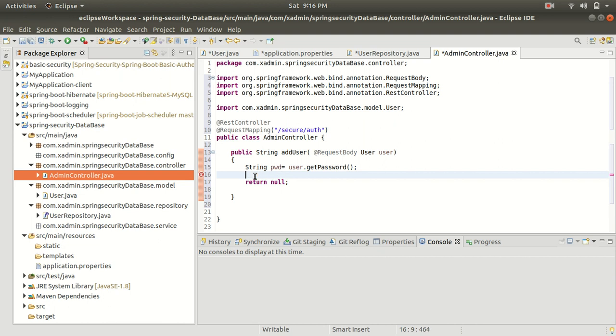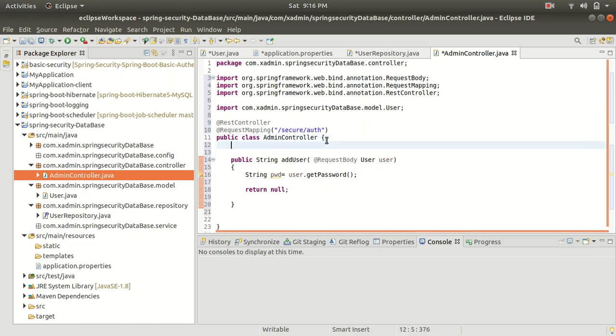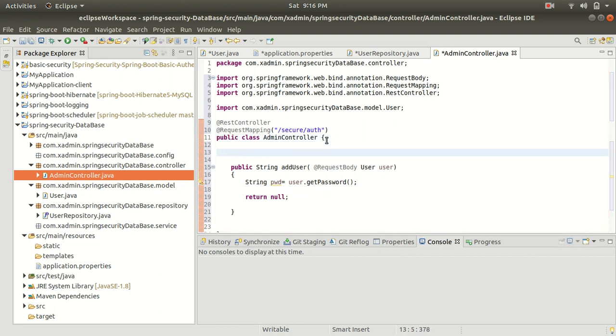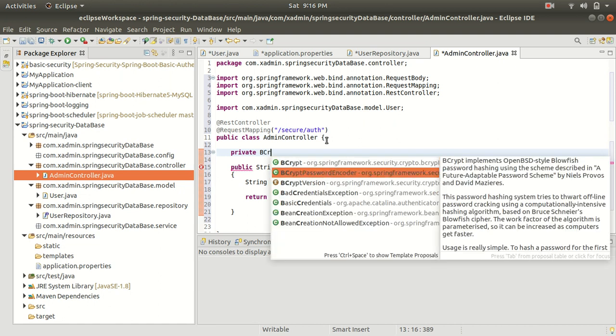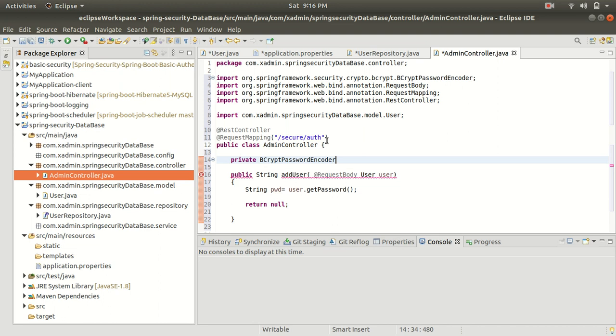All right, so first of all I have to inject the password encoder. So private password encoder. So let's name this password encoder.